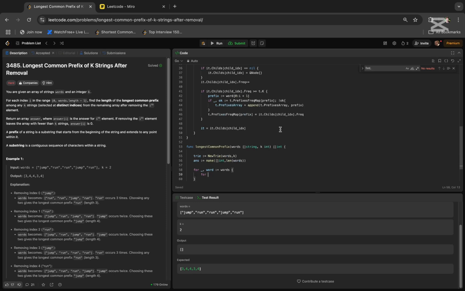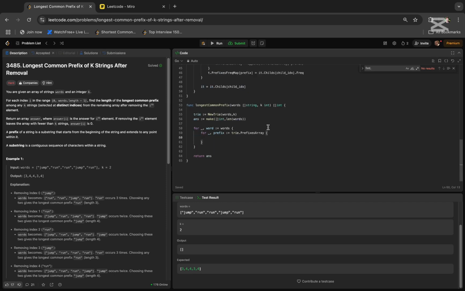So for each prefix inside trie.prefixes array, we go and check if this prefix is actually a prefix of the word. So if strings.HasPrefix word, prefix,